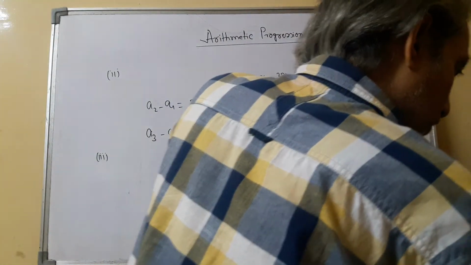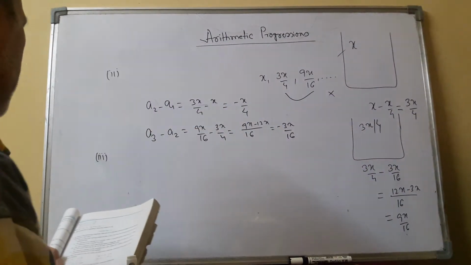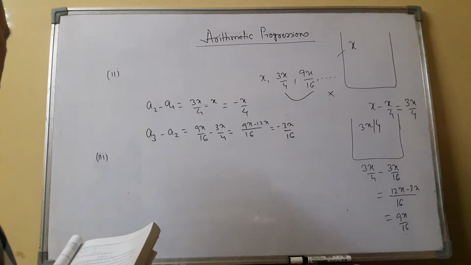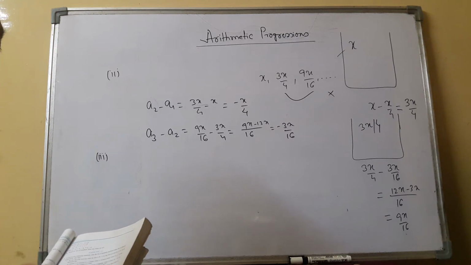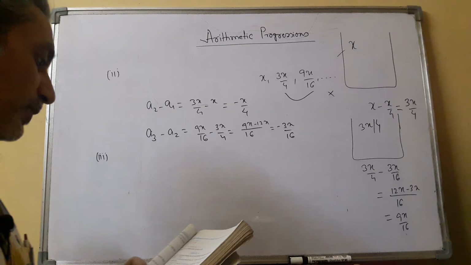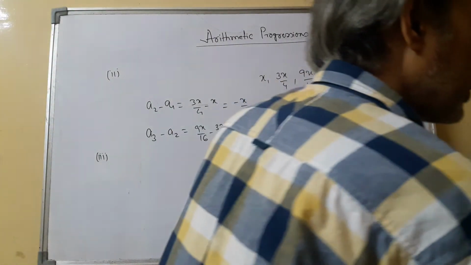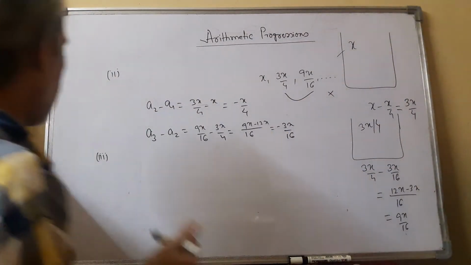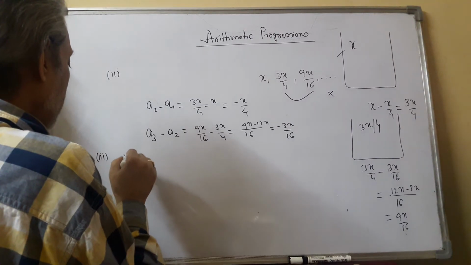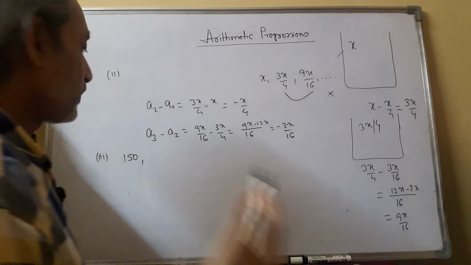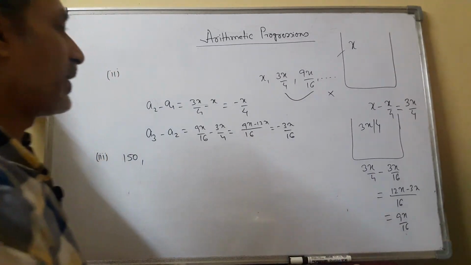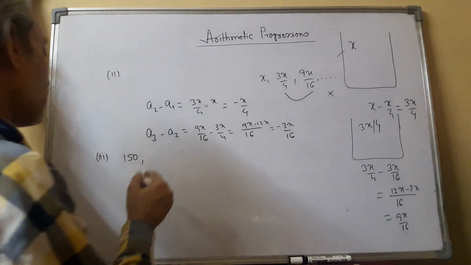Now I think you have understood the concept. So third, see the third. Go through the question. The cost of digging a well, after every meter of digging, costs rupees 150 for the first meter and rises by rupees 50 for each subsequent meter. For the first meter you have to pay 150 rupees, and for every subsequent meter you will have to pay 50 rupees extra.